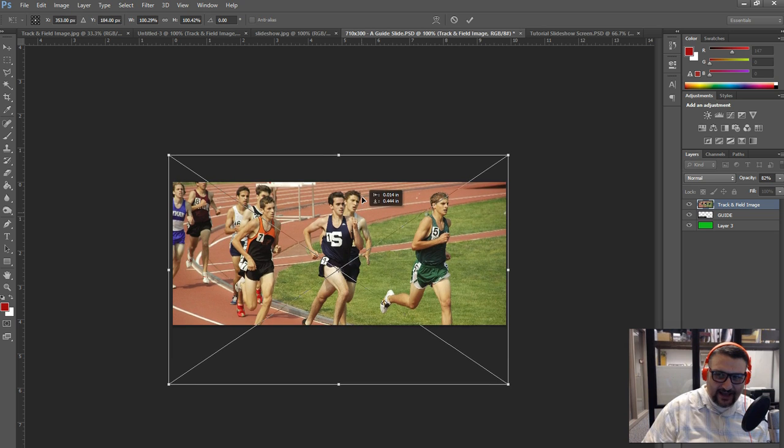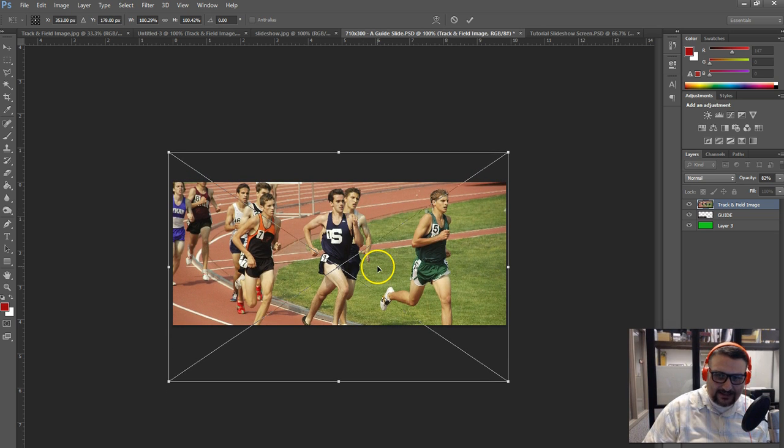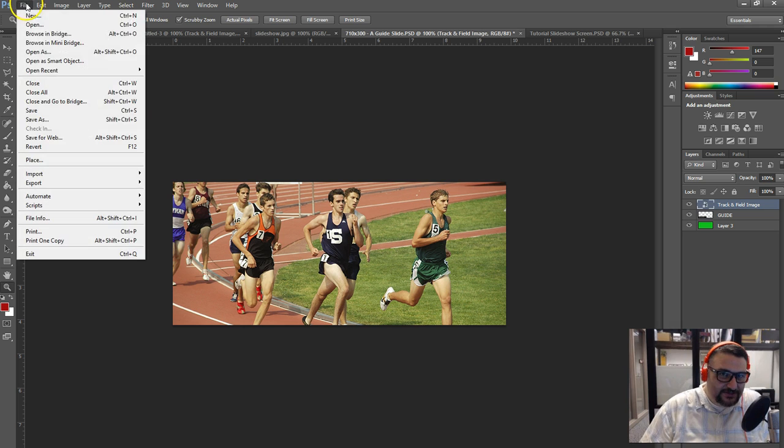I'm just going to drag down until I've got the image just about how I want it. I want it about like that. I hit enter, and now my image is perfectly sized inside the frame template that I need for the perfect size for my slideshows. All I have to do at this point is choose File,